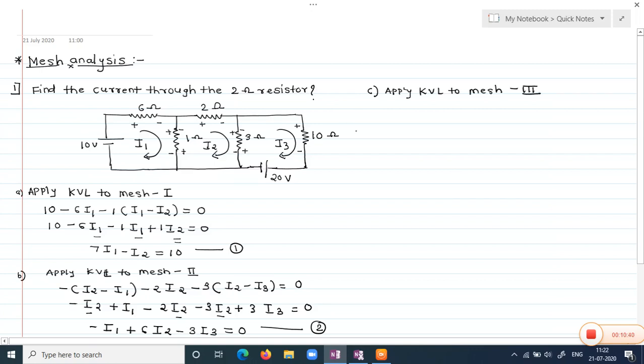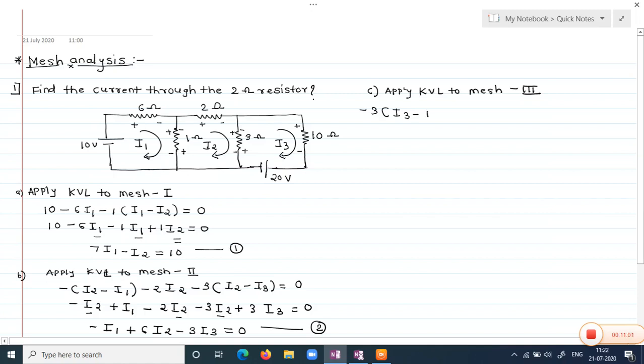Suppose we start from the 3 ohm resistor, but 3 is common between mesh 3 and mesh 2. So the current flowing I3 is from positive to negative, means minus 3 I3